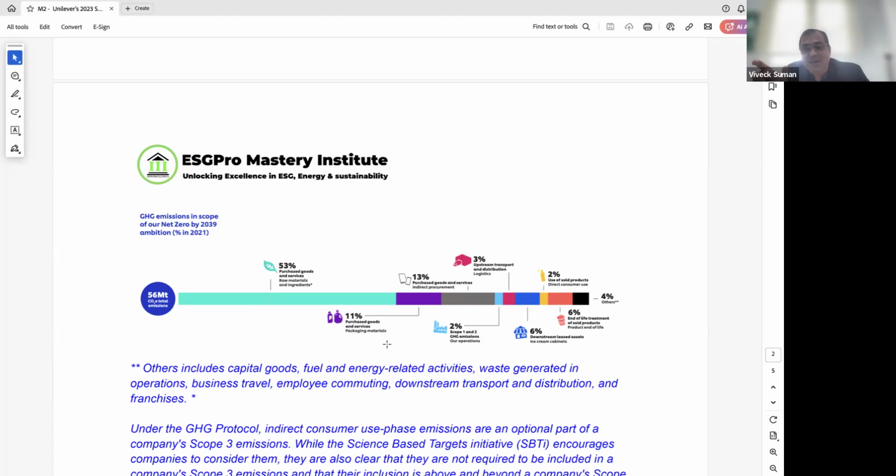Rest of it is coming from the customer side, which starts with downstream leased assets like warehouses. They are using, now in a village there cannot be a Unilever warehouse, right? But there is a central place where they will keep stock and distribute to all the villages nearby. That place is owned by the distributor, not by them. So again, it is a part of scope 3. And this is related to ice cabinets. Ice cabinets are 6%. So major emission comes from their ice cabinets, which they have kept in hotels.